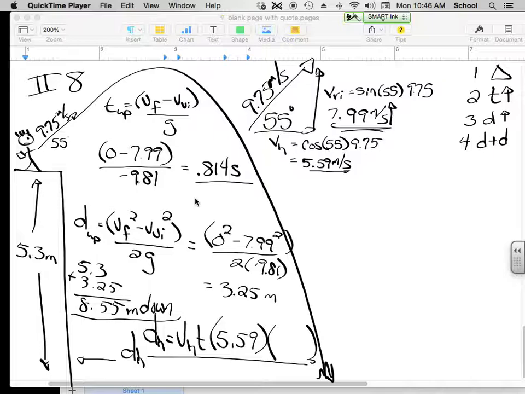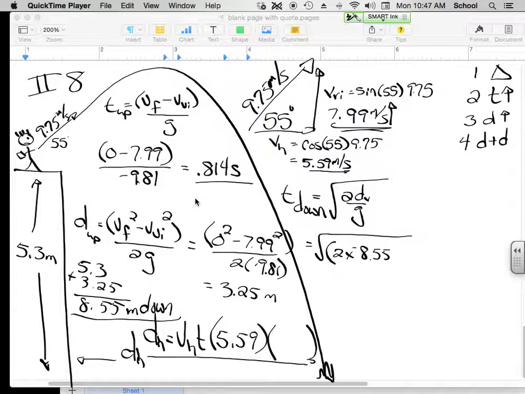So I'm going to fall down. So now I know from my highest point all the way down to the ground how far I'm going to fall. So now I can find the time down. So now if I find the time down equation, that of course was the square root of 2 dV over g. And again, the whole reason we did step 4 and step 3 is so I could have the right dV to stick in here. So I'm taking this 8.55 number and sticking it there. So we're going to have 2 times 8.55 divided by 9.81. It's falling down and gravity's falling down, so they have to cancel each other or we get error on the square root. So we get 1.32 seconds down,